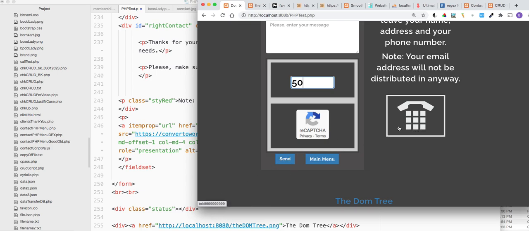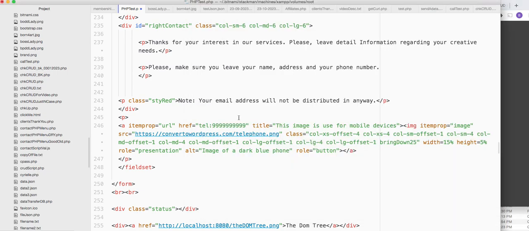Once I put this in there, you see it? That will be a real phone number. And this is what it looks like here. Right here, this is what it looks like. It's an href, right, with an image. But it has, remember we saw this before, kind of like,